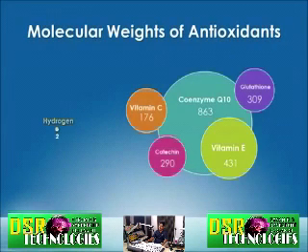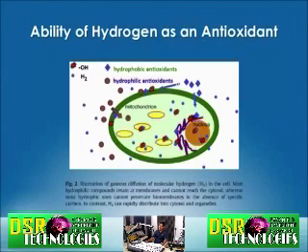If you see the molecular weights of different antioxidants, vitamin C, which is a popular one, is 176, vitamin E is larger, and coenzyme Q10 is a huge molecule, 863. So all of these antioxidants are very large molecules that cannot be absorbed very well by the body, first of all, and can't get to where they need to go to eliminate free radicals. Hydrogen, on the other hand, is very tiny. It has a molecular weight of 2, is able to pass through any membrane very easily, and get to where the free radicals are formed, which is inside the mitochondria.